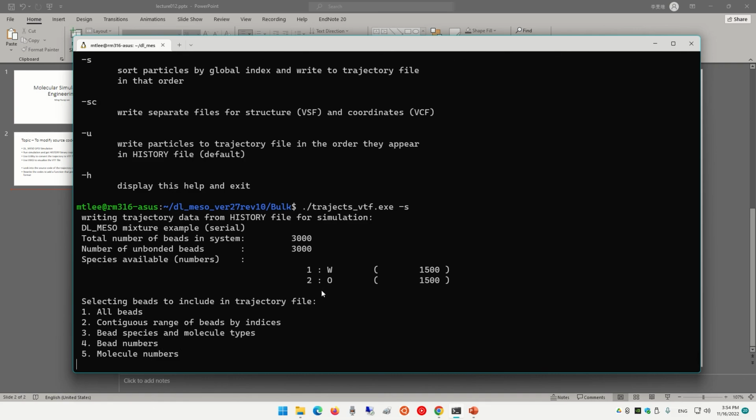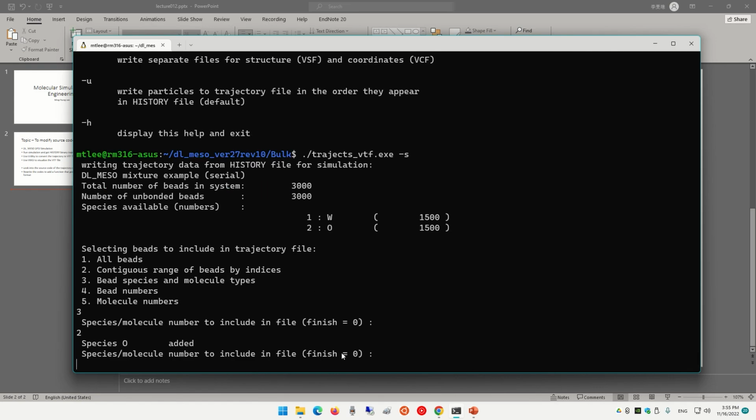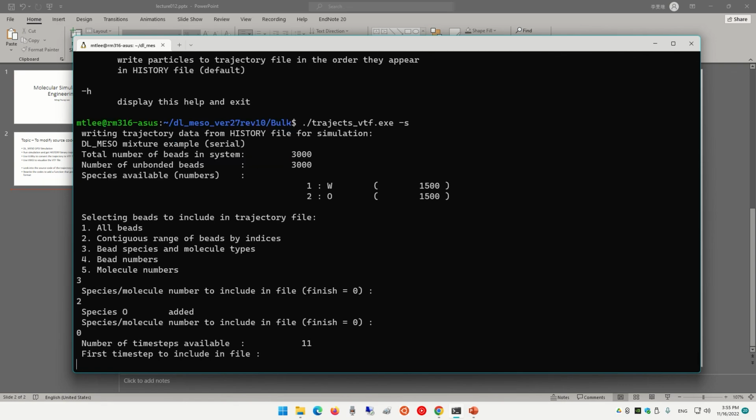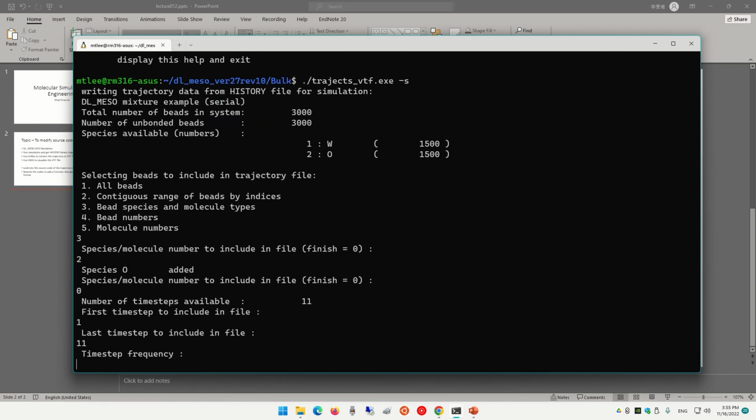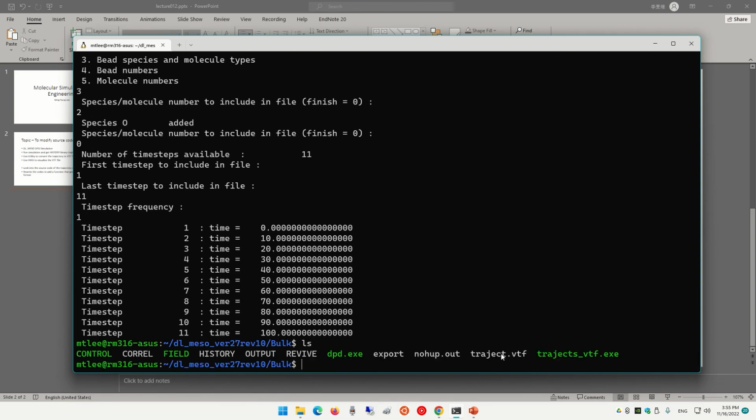For now, we're going to use only the O beads. I'm going to use species number 2, which is the O, start at 0, and the first step is 1, 11, okay. And I will have this VTF file generated. All right, so that's step 1. We'll stop here.